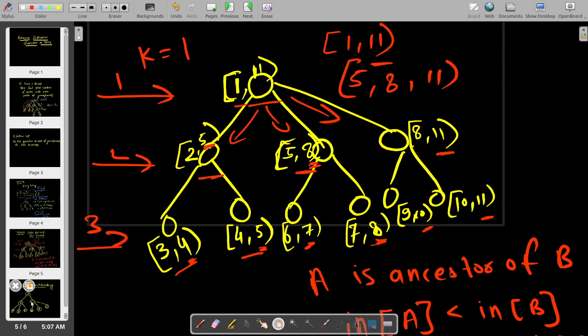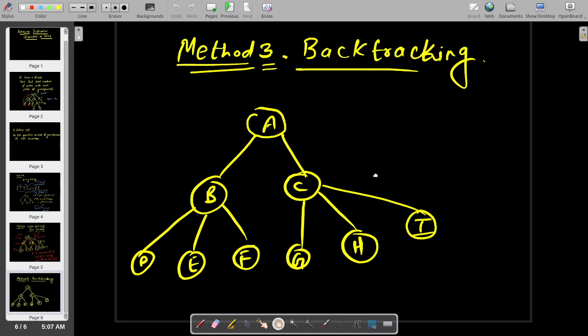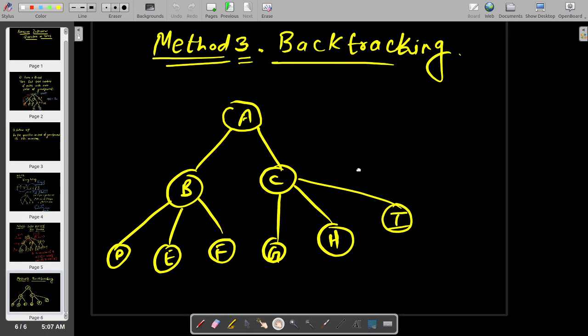Method 3 is basically backtracking. What backtracking does is, when we push into the vector, let me explain it by diagram first.